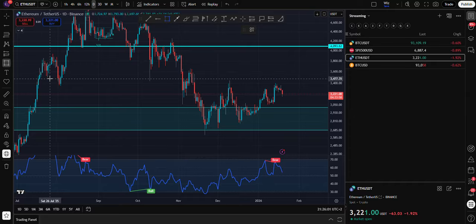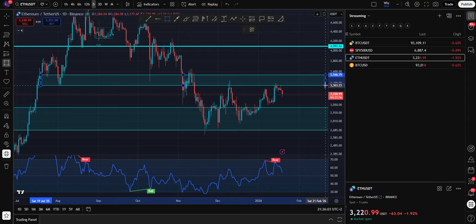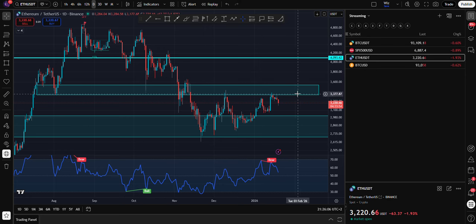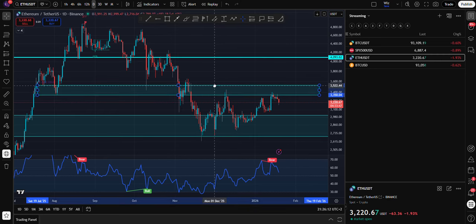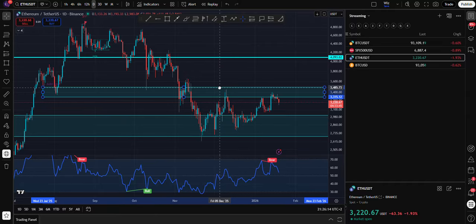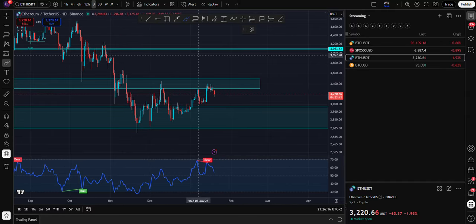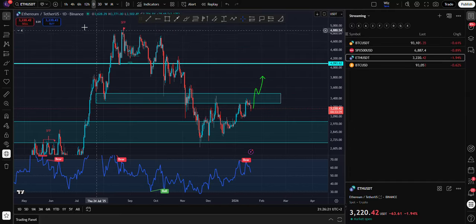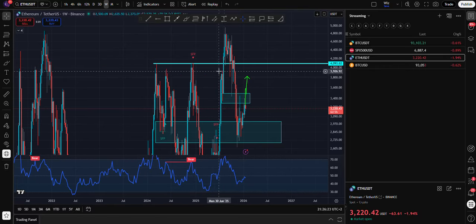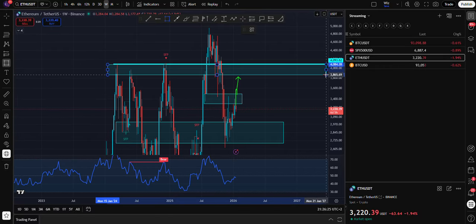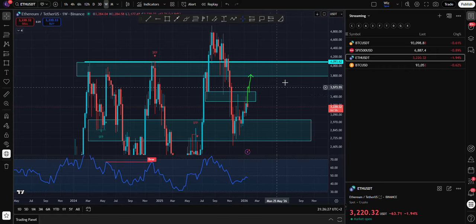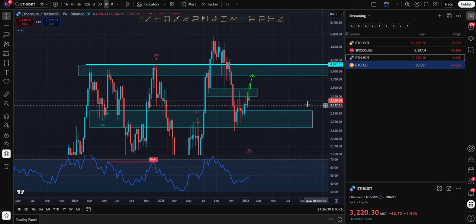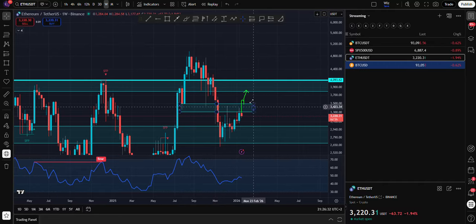On the low time frames, here we have a clear resistance at 3.4, 3.5K. Not expecting any upside unless this is flipped. Something like this. But again, the upside is limited. 3.8K to 4K, and then down again. But for this to happen,